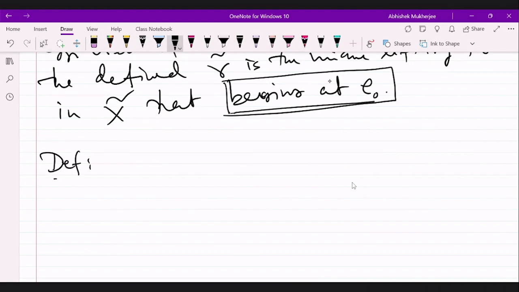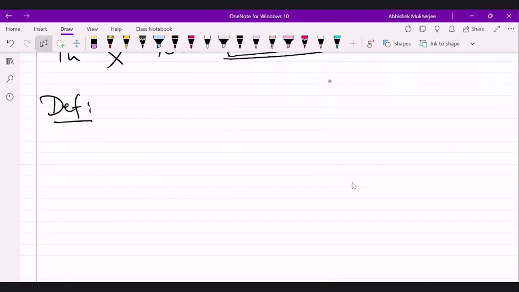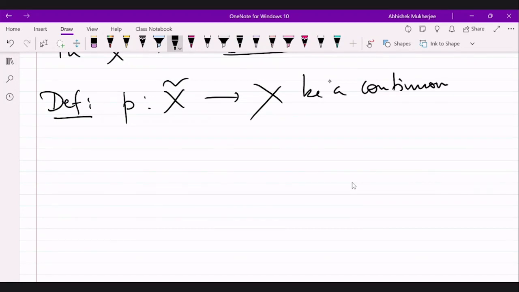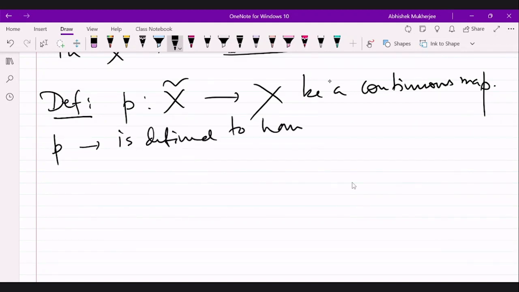Suppose p from X tilde to X be a continuous map. Okay. Then this p is defined to satisfy the path lifting property,